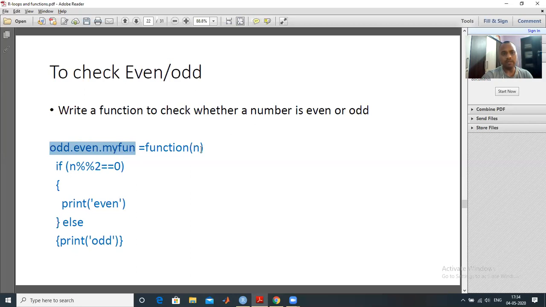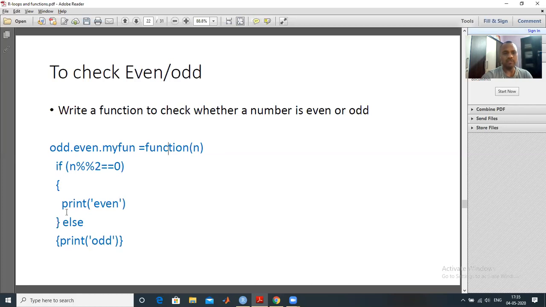So n is the input to this function, the number which we have to check whether it is even or odd. So the logic: a number is known as even if you divide by 2 and the remainder is 0. Otherwise, the number is odd because there are only two possibilities.